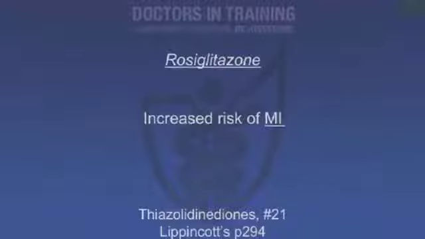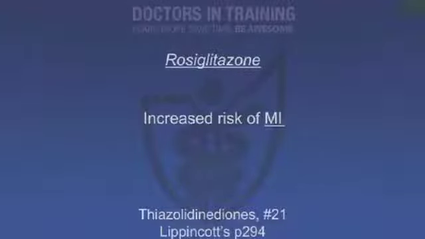So these drugs have a black box warning on their prescribing information by the FDA. That's the strongest warning the FDA can put on a drug without taking it off the market. This is a black box warning that says you shouldn't use them with CHF, or you should use them with extreme caution. In late 2010, the FDA put